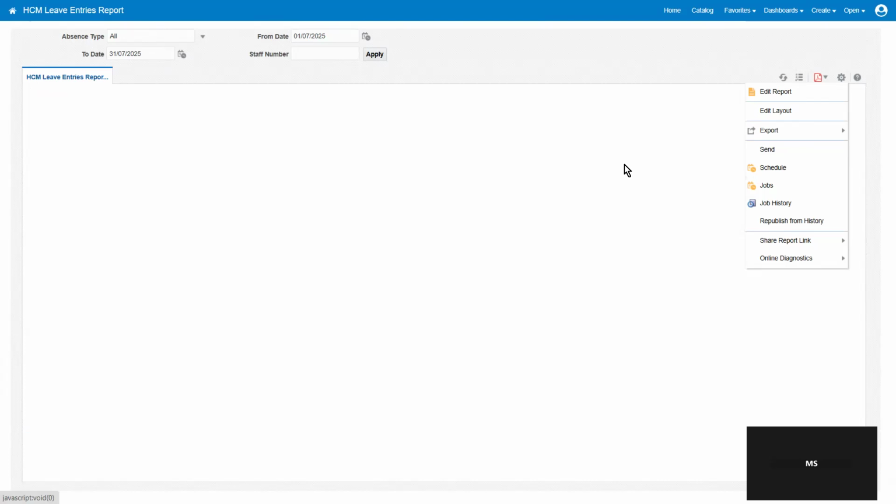So for this, we can have this in the scheduler processes as an ESS job, and then monitor them through our scheduler processes. So let's see how we could create one